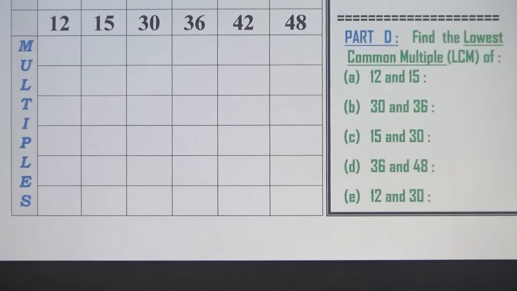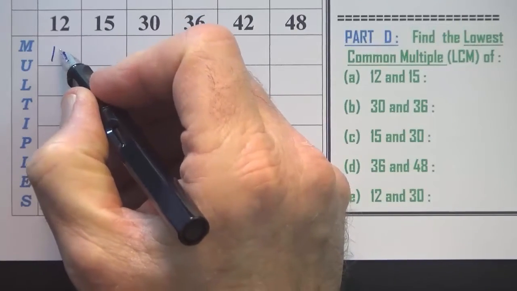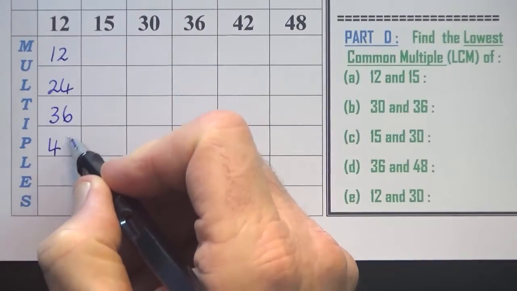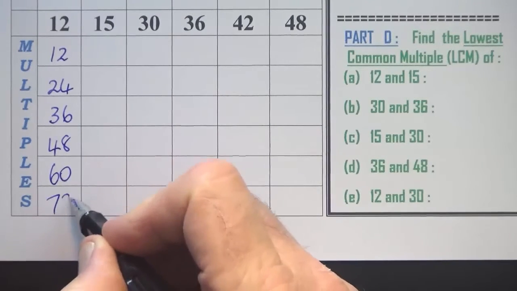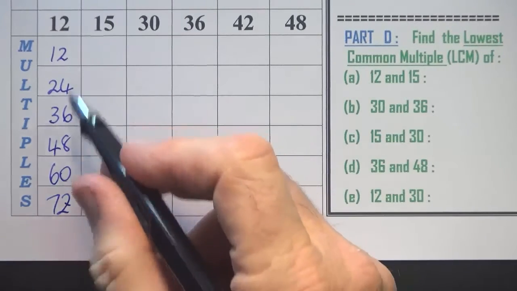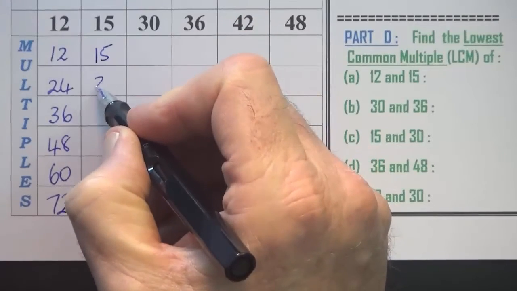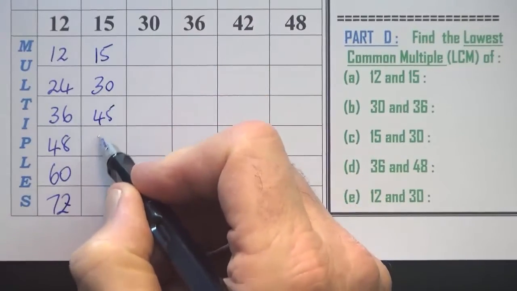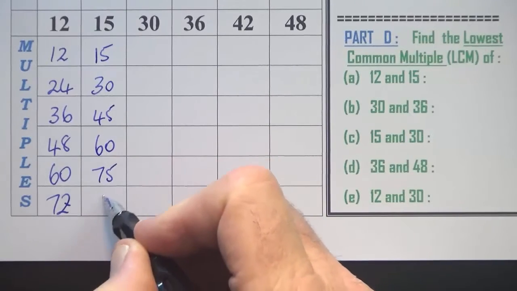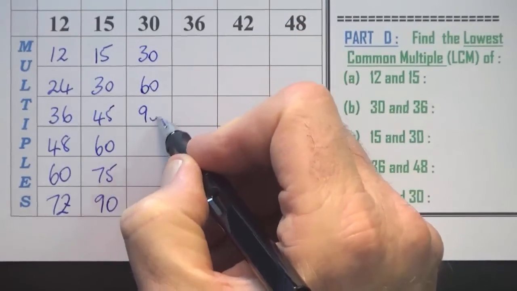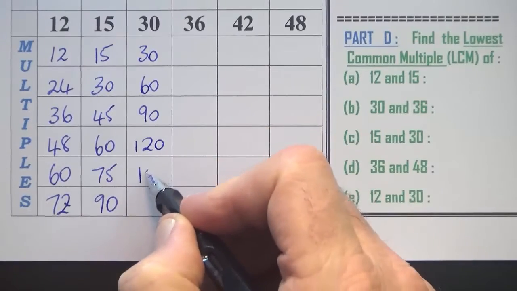In the bottom half of the table on page 1, I'd like you to fill out the multiples of each of the numbers. So 12 will be 12, 24, 36, 48, 60, and 72. The first 6 multiples in each case: 15, 30, 45, 60, 75, 90. 30, 60, 90, 120, 150,